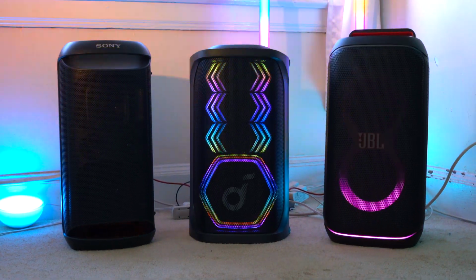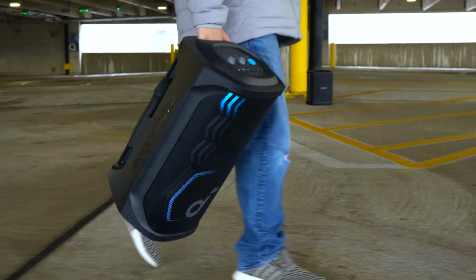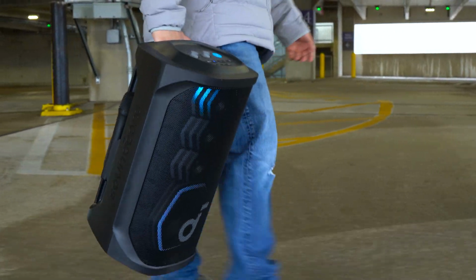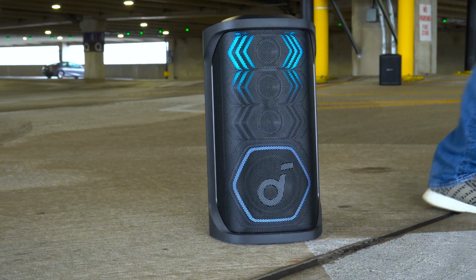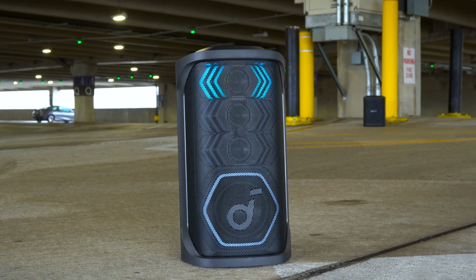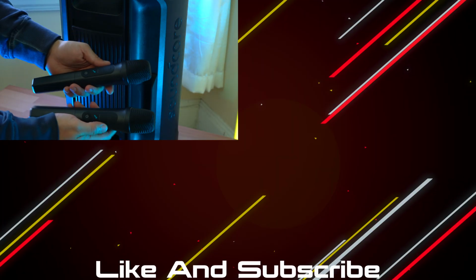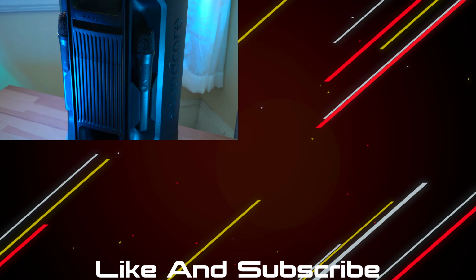But overall, the Soundcore Rave 3S is a solid mid-sized box speaker that gives you a very big bang for your buck. It looks good, it sounds good, it comes included with two mics, and you can add a third if you want. But most importantly, its AI vocal removal tool is also very impressive. If you're looking for something to do lots of karaoke with, you really do have to check out the Soundcore